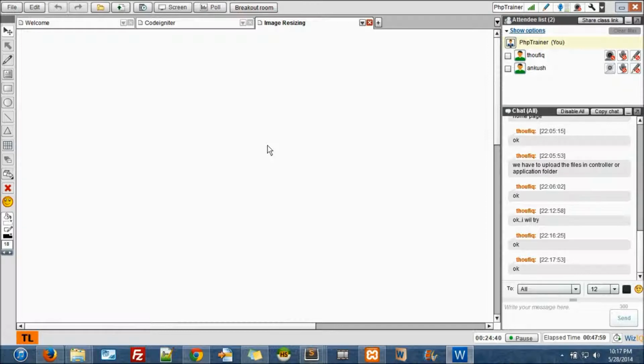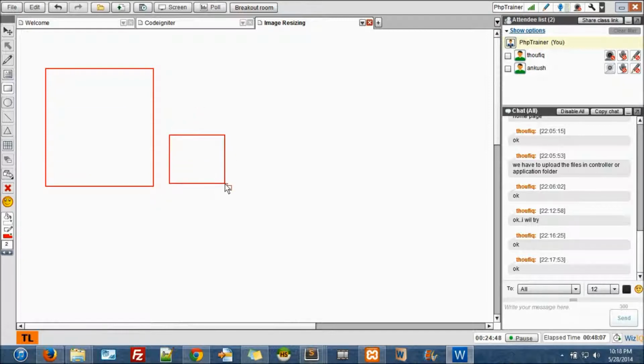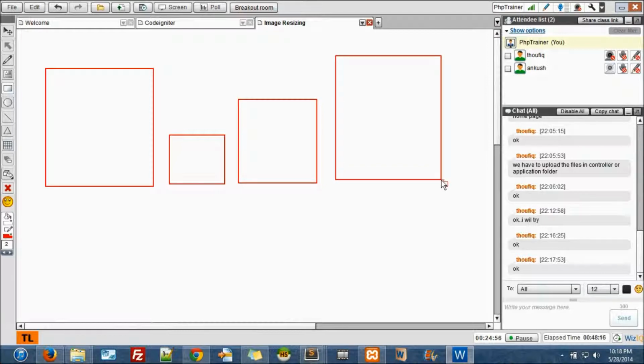So let's do image resizing. Our application will work like this: we upload the original image. Keeping the original image, we create 50 by 50, 100 by 100, and 150 by 150 size images.